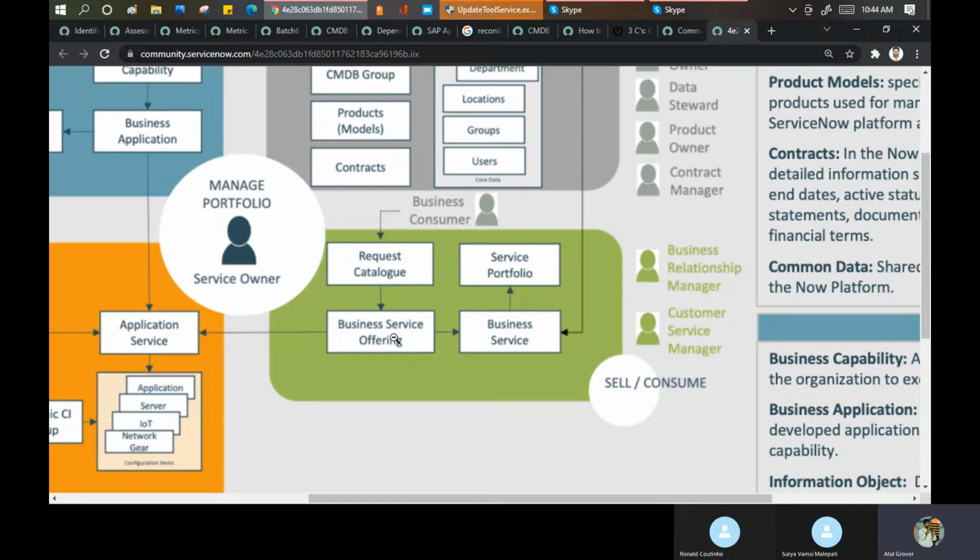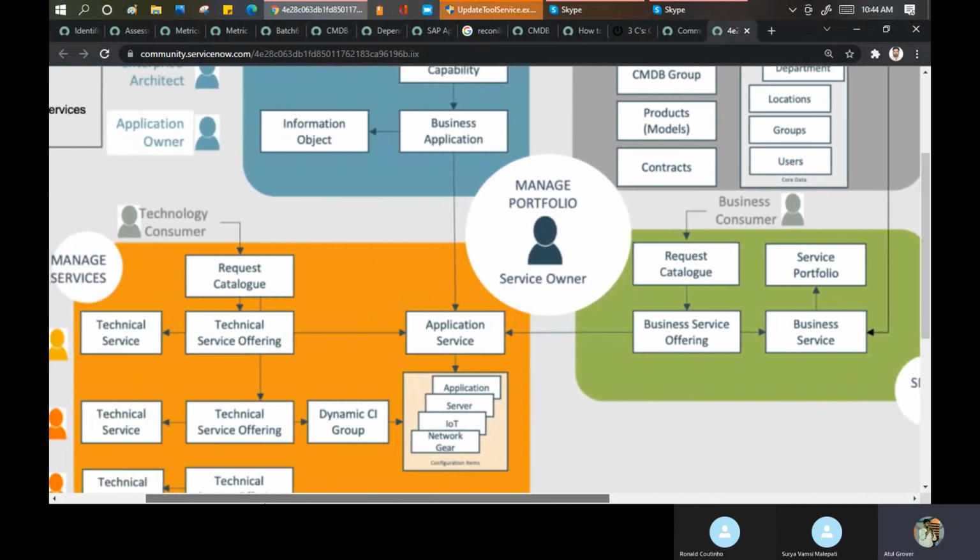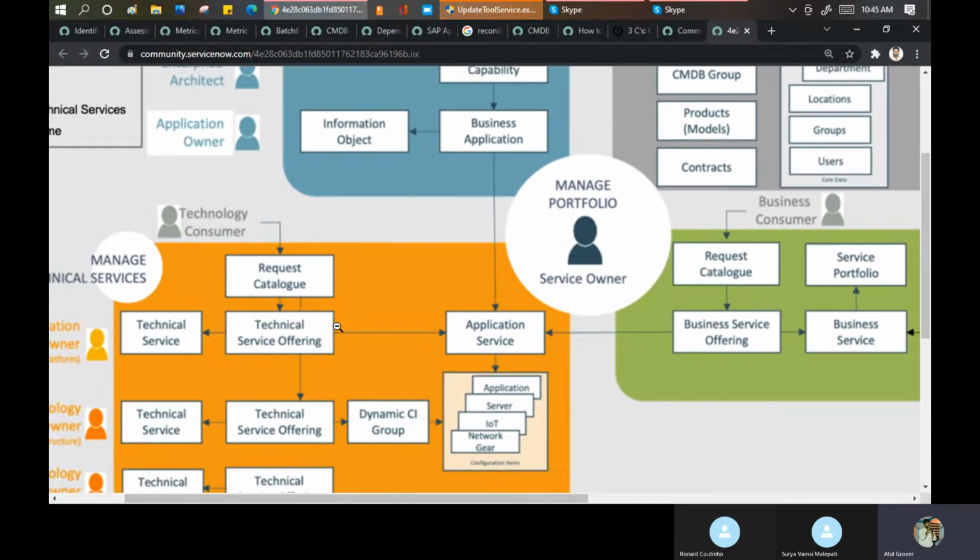Now on the business service offering, I have an application service. Now let me come to this part. The technical part, the operations area, comes here. What is that application service? Application service says that boss, okay, I am giving you HR as a service. US HR service is one of my offerings. And in that, what type of application do you want? You want in-person, in-house HR, you want outsource HR. So that is my application service.